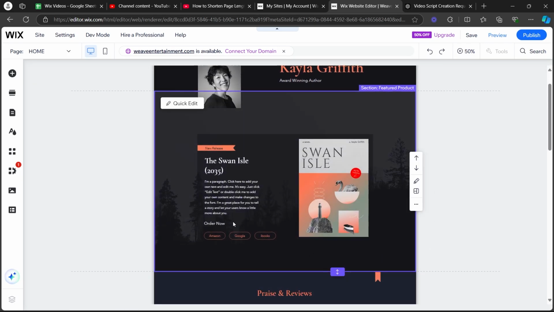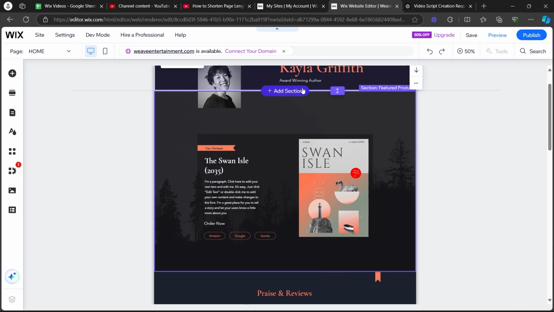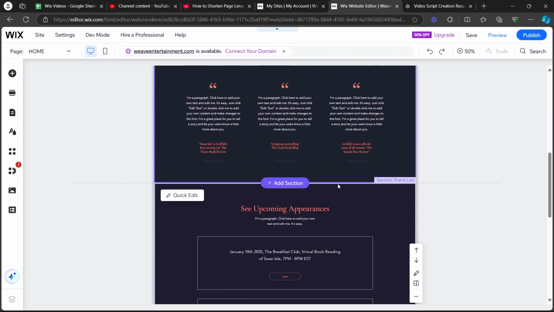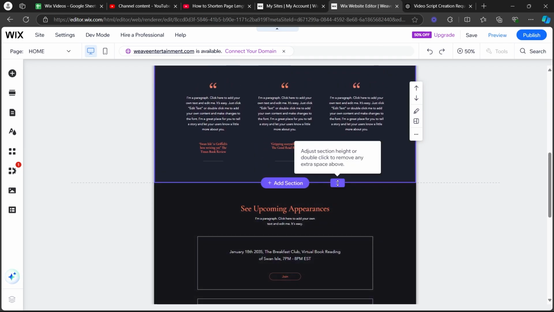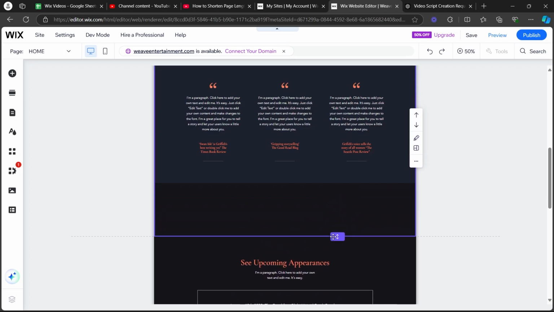In order to decrease the size of this page, I will have to click on the select section, make sure the zoom is set at 50% so I'm able to view the full page, and I will click here in this section and place my cursor or hover it just at the border of this section. Now I will see an adjust section height button. So I will just left click it and drag this button to shorten the length of this page on my